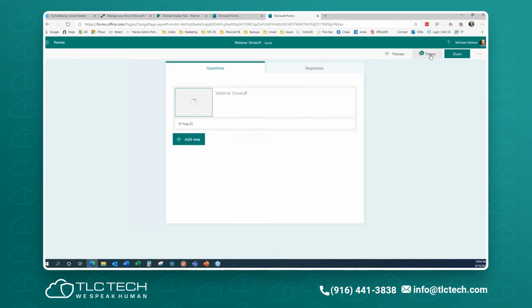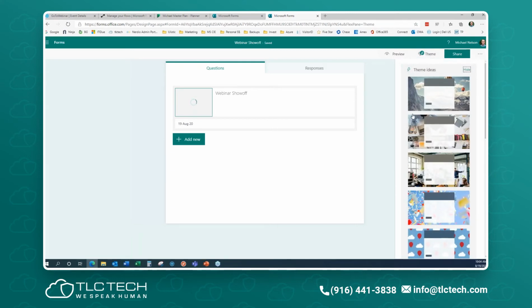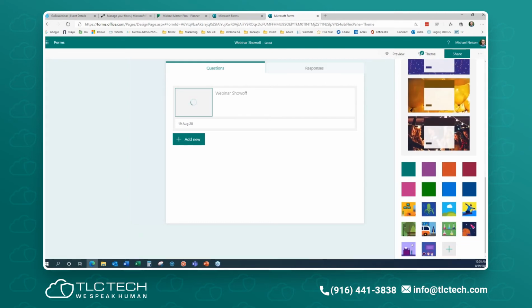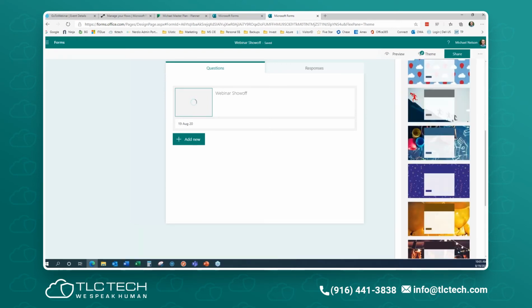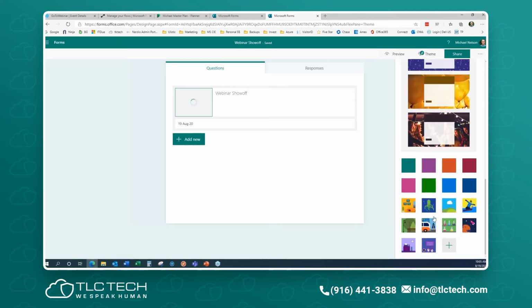And then the other thing that you can do in here is choose a theme for this. Again, it knows that I chose vacation, so it put this travel one in here. This is a studio, so there are different ways you can do this. It'll pull in based upon what you've done, what your title is. It'll give you some theme ideas, and then you can also just go kind of the basics.